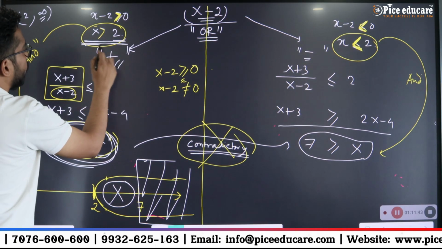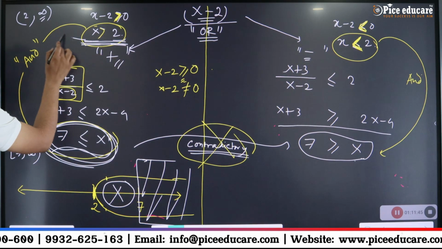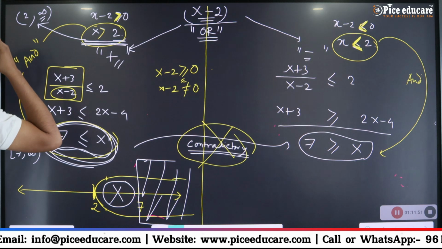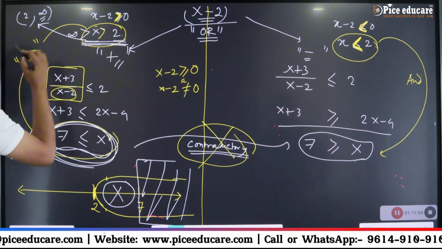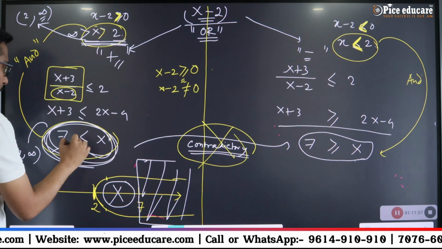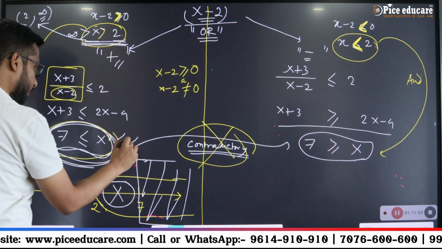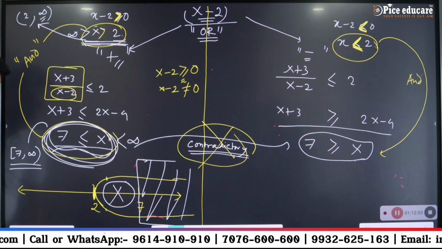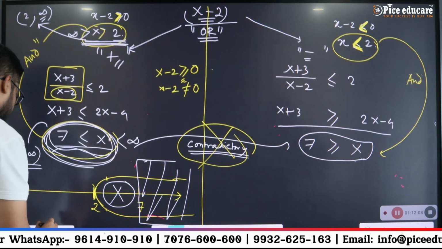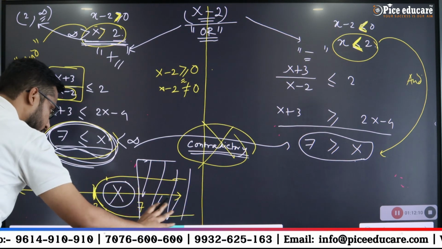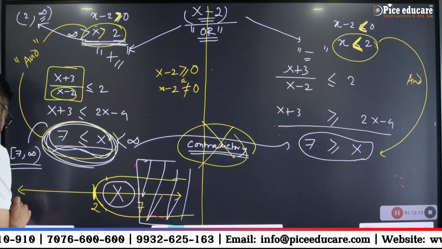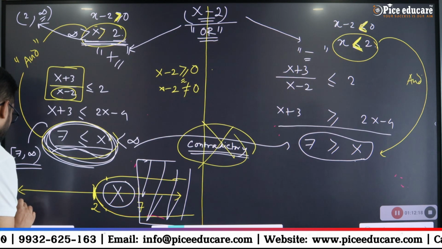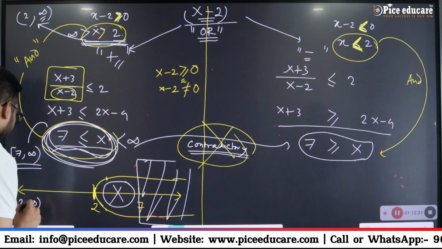X is strictly bigger than 2. This can be written as this open interval. Strictly bigger than 2 means that there is no upper boundary here, and bigger than or equal to 7 means that this upper boundary of infinity is also here. So this situation can be written as this semi-open interval. If I try to describe this situation using set-theoretic notation, then I have to say 2 infinity union